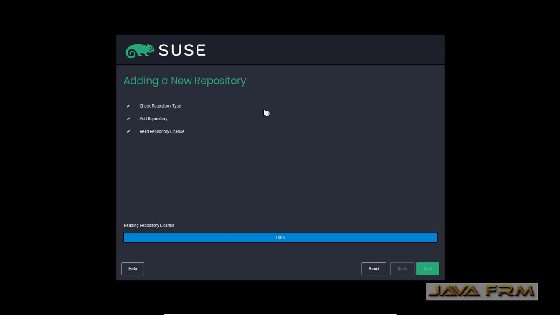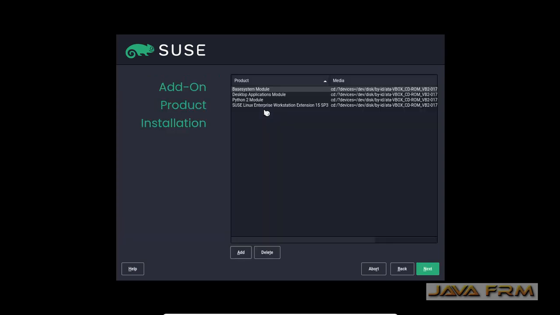If you want to add any extension, you can add those extensions. Click the next button. These are the products selected for install. Click the next button.